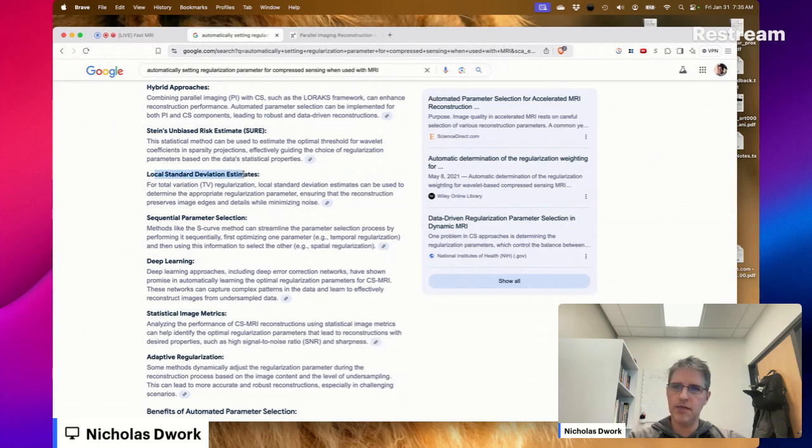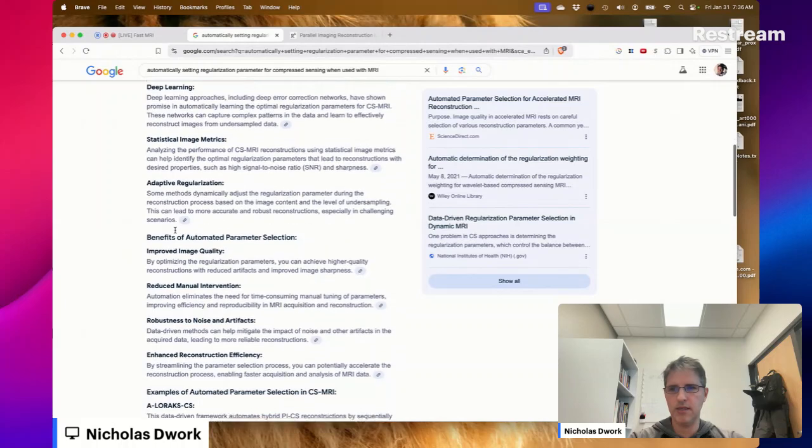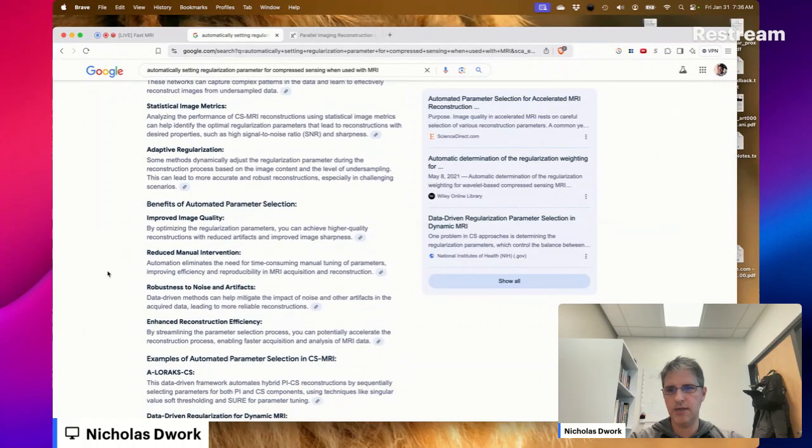The local standard deviation estimates remind me of bilateral filtering. People have tried to look for the knee in the Pareto optimal curve, and I've seen that not work well.